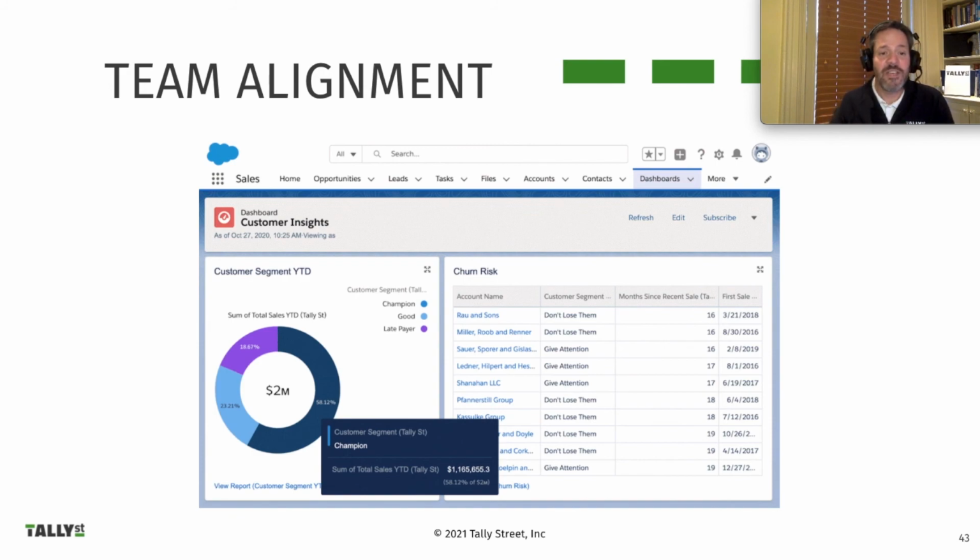The same information again can be used to align efforts across functional teams. So everything we've looked at today, these metrics, are produced from accounting data. They can be produced by the finance department and the accounting department on their own by just mining the accounting data that they're already managing, that's already available to them. But then taking that information and making it available to the rest of the organization can really align them and drive and coordinate those sales and marketing activities.